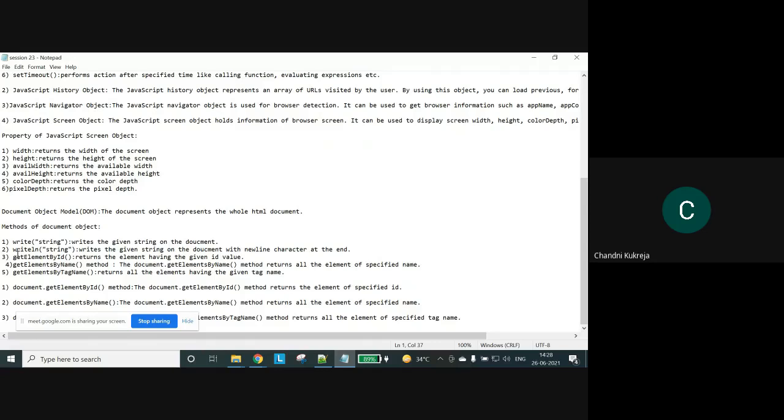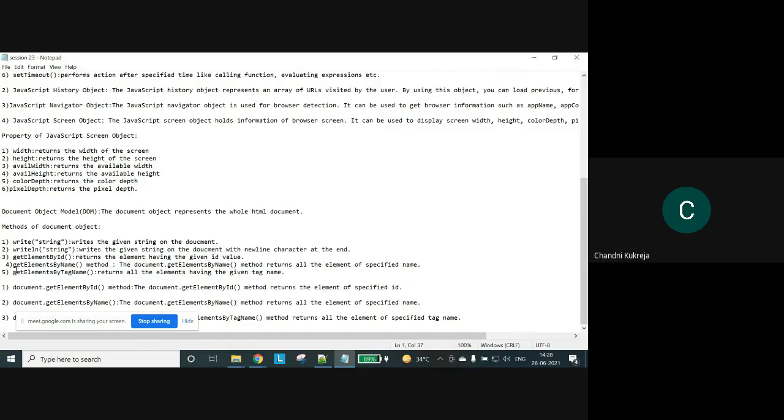The write and writeln we discussed in our previous examples, for printing. Write is used for a string, and when we save that, the output shows on the screen. Write is used for strings and writeln is used for a new line character.